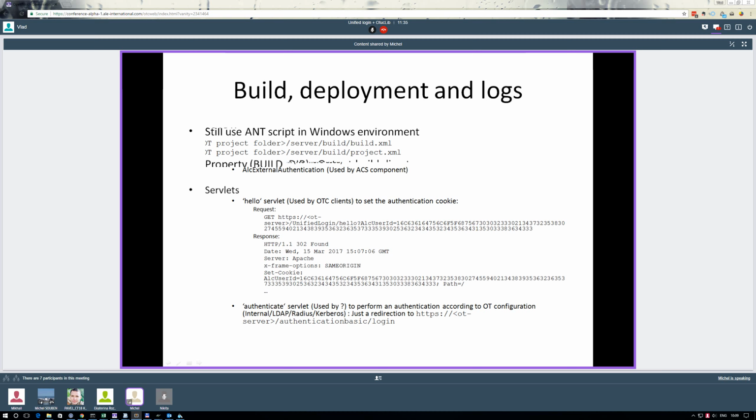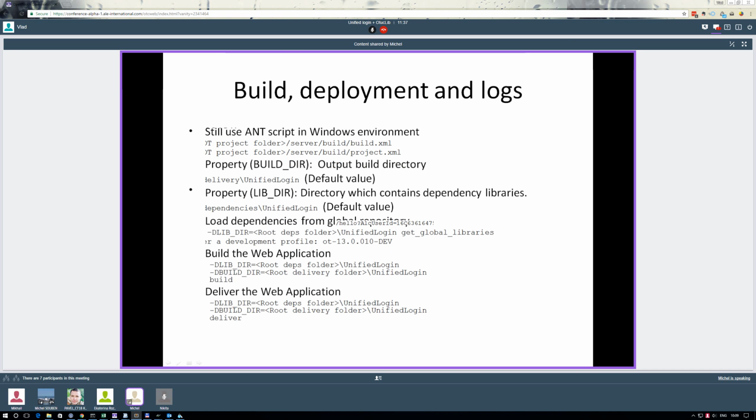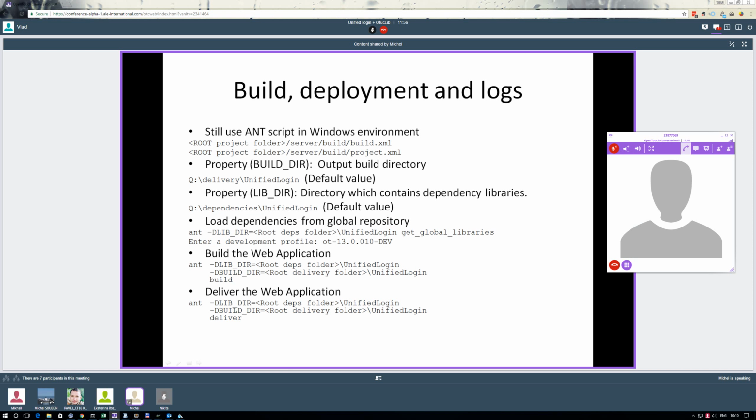Okay, so I go to the next slide. I want to speak here about how to build this web application. It's a very old application, so we still use Ant script. I don't know if you know this tool, Ant. A little bit. Yes, we know. No. So I have